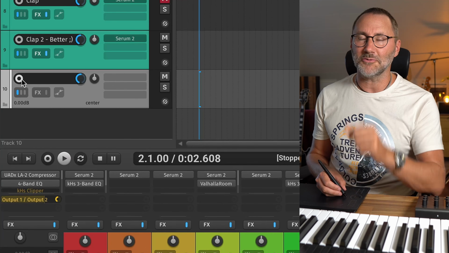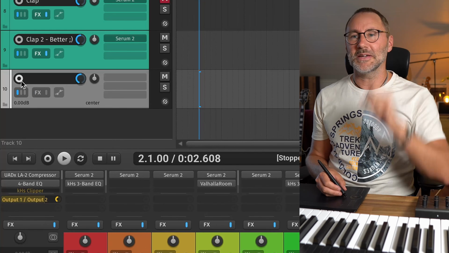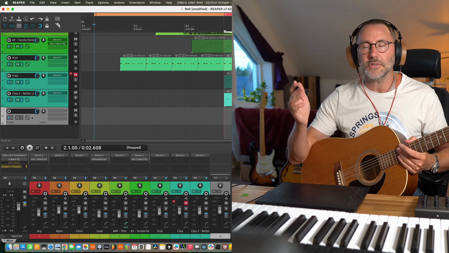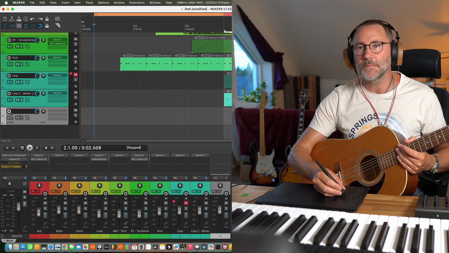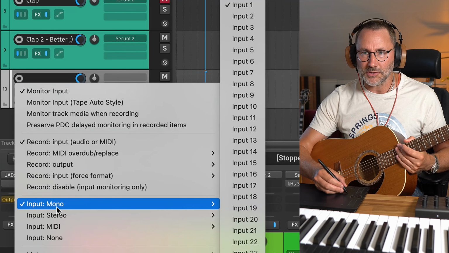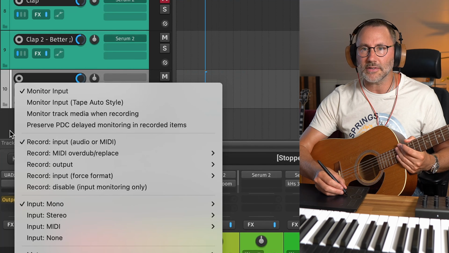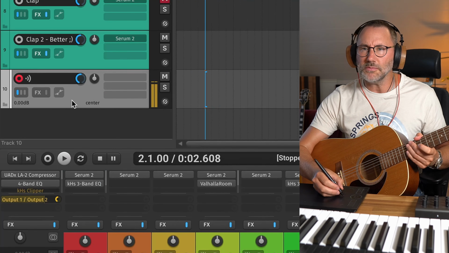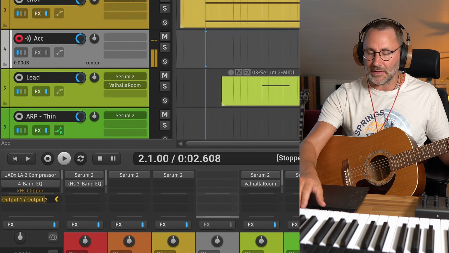And if I activate record here, we're gonna hear this microphone. So let's take a quick look at recording some acoustic guitar into the microphone and into Reaper. So we're gonna activate the record button on this track. And as I said, make sure we have the correct input track selected. Just check the volumes. And we're gonna press Command R to activate recording.